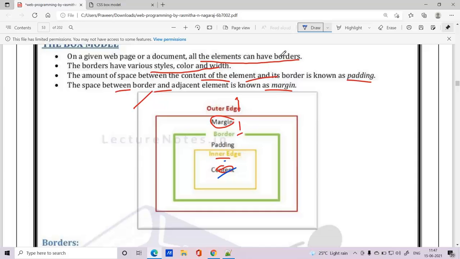If you observe here, this will be a left padding, this will be a right padding, and this will be top as well as bottom. So padding is simply the amount of space between the element and its border. How much space should be there, that will be our padding as we discussed.